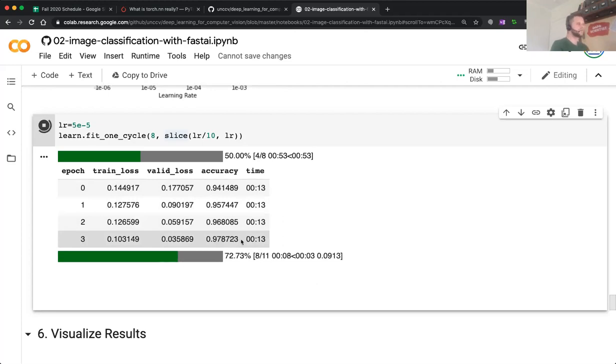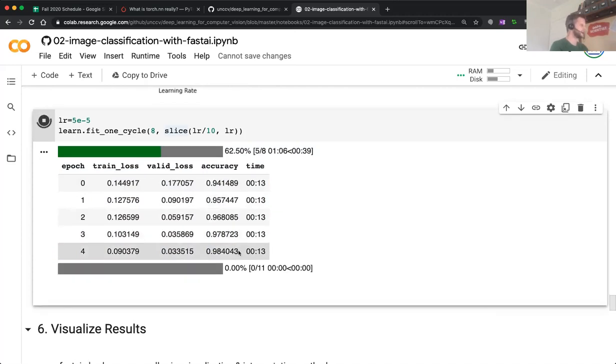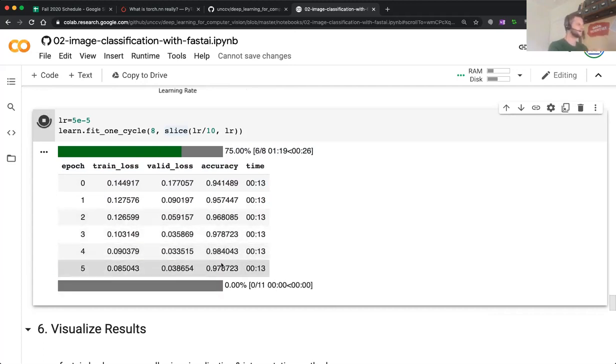So another question for you guys: do you think this accuracy is being measured on the validation set or the training set? What is your guess? How do you think FastAI works? So I see some both ways, yeah. So this is actually on the validation set, which is good. It means that this is a pretty reliable number. So even if you are overfitting, this will still give you your performance on your validation set,